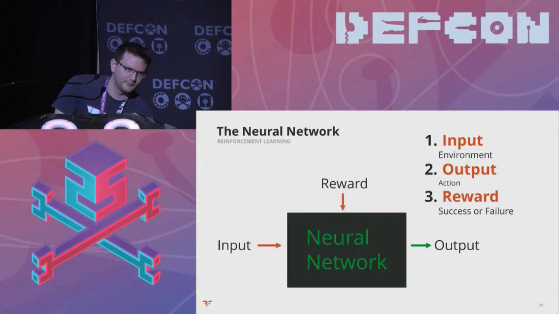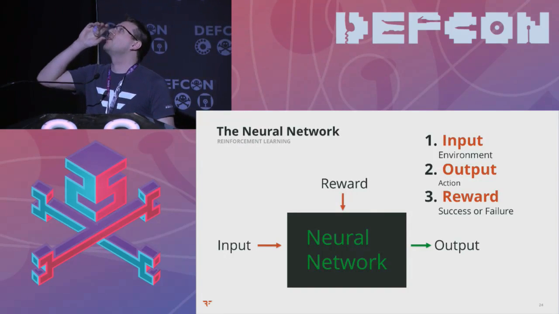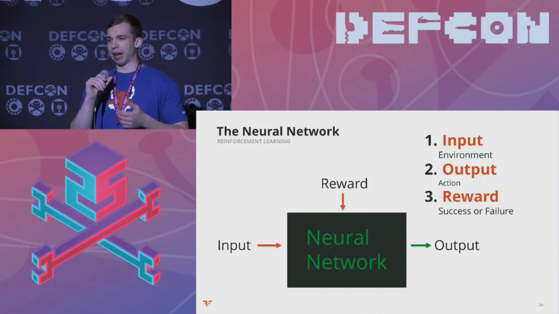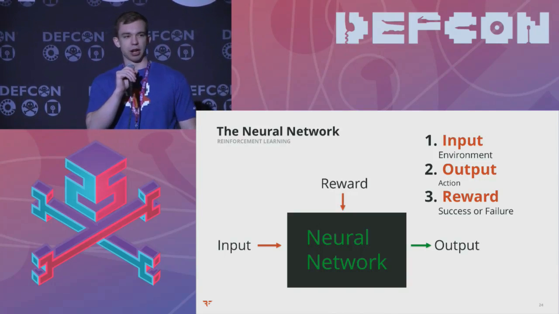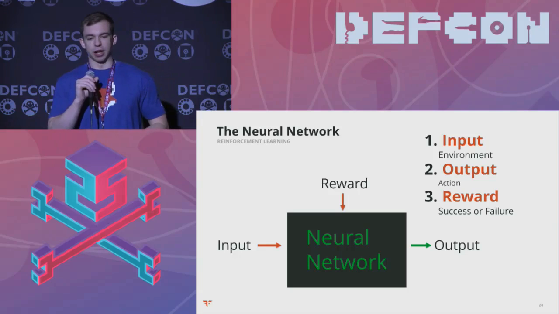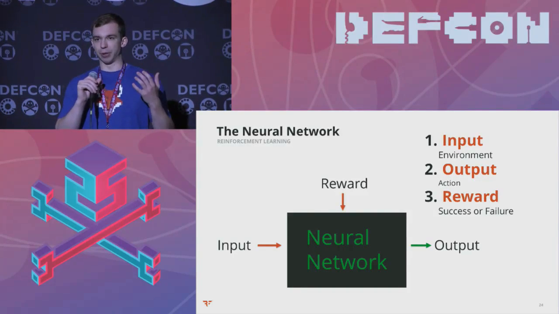Yeah, so there are three things you want to think about when you ask, well, okay, approximating functions sounds kind of complicated. How do I actually start writing code? How do I start getting into this? You want to think about three things for your program. There's basically your input, which is going to be your environment. It's essentially everything your AI program knows about the world.